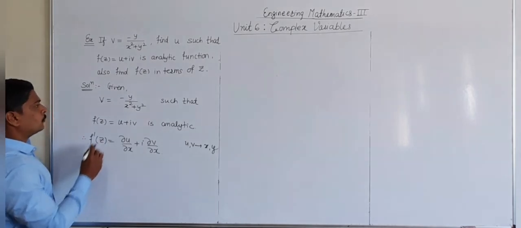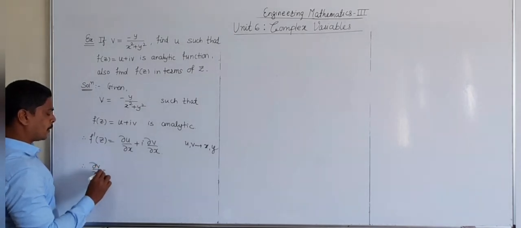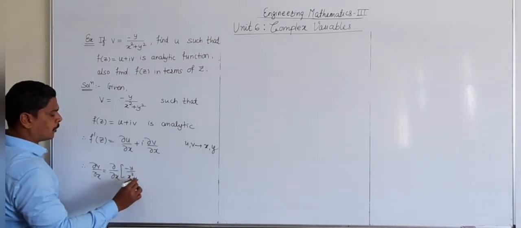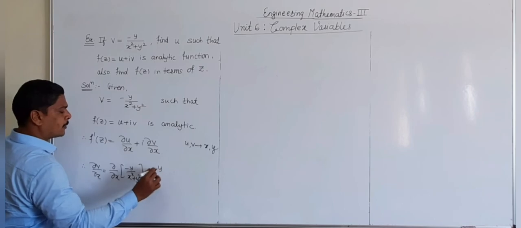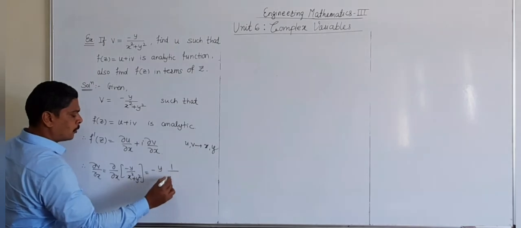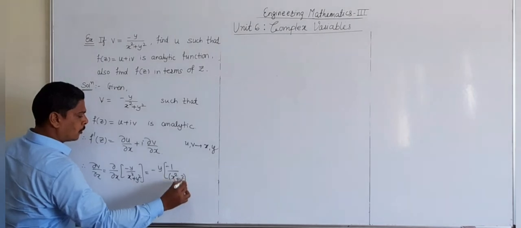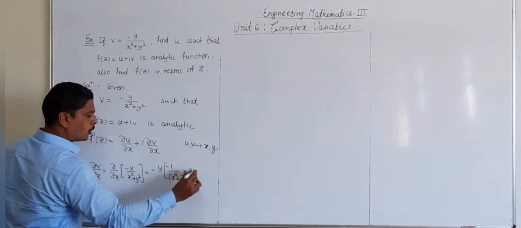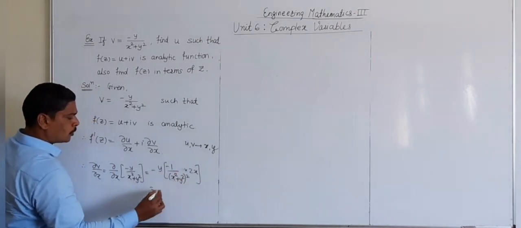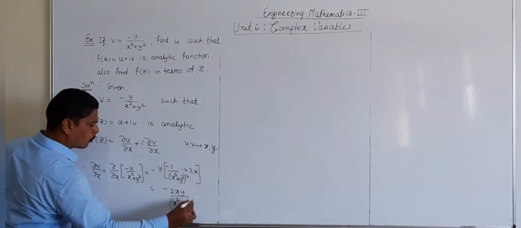So we have v given, therefore partial derivative of v with respect to x is equal to partial derivative with respect to x of minus y upon x square plus y square. So this becomes minus y as it is. Because y is constant, derivative of 1 upon x square plus y square is minus 1 upon x square plus y square into derivative of x square plus y square, which is equal to 2x. So this becomes minus 2xy divided by x square plus y square bracket square,